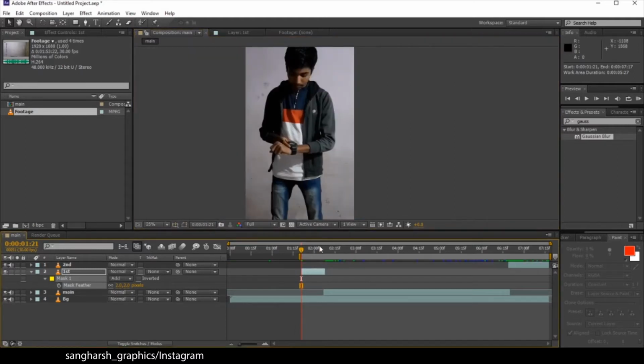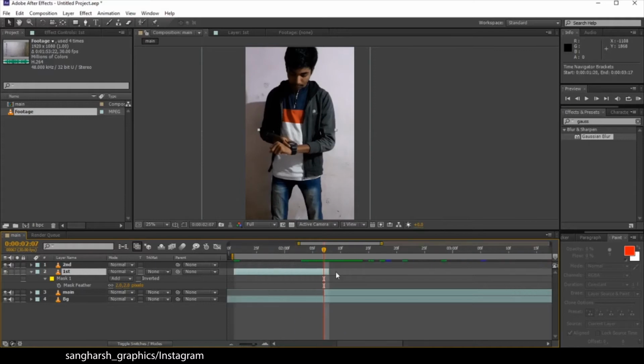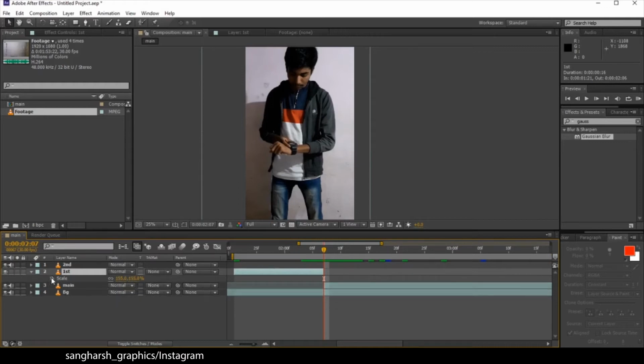So what we have to do, at this frame, let's trim this character from this side. You can press Alt and bracket like this, or you can just make it like this. Now select the layer, press S on the keyboard to scale.